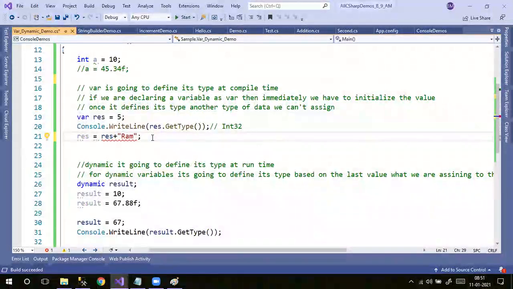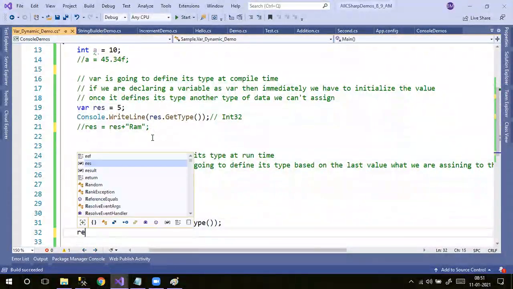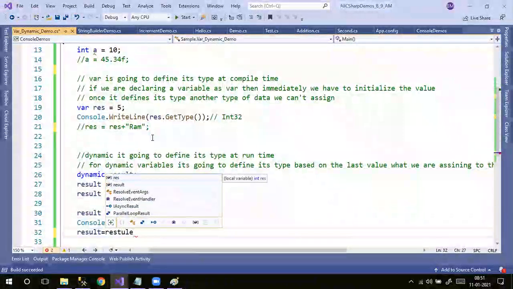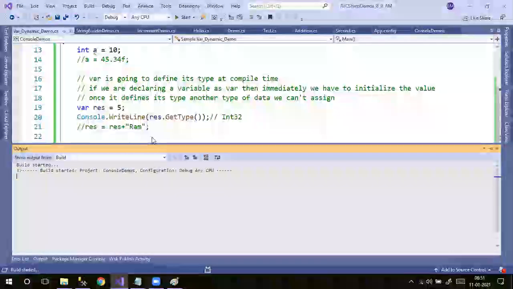Obviously, because an integer plus string combination is not allowed. But here, result equal to result plus RAM. Is it throwing any error? No. When I run this,